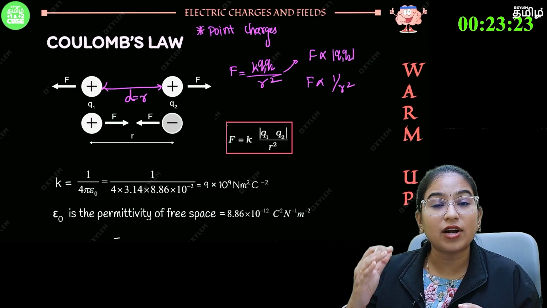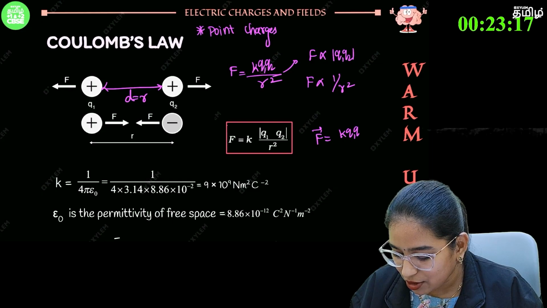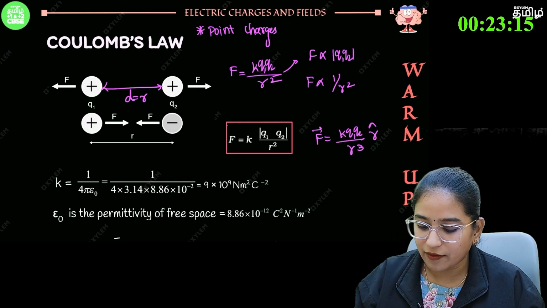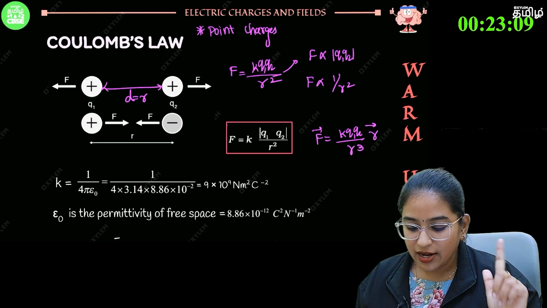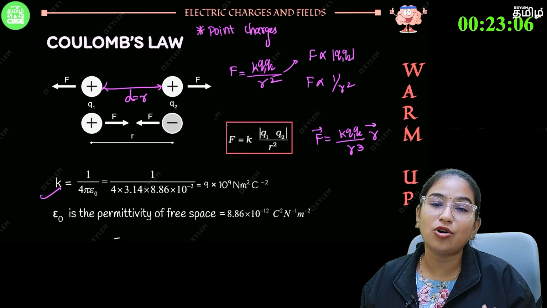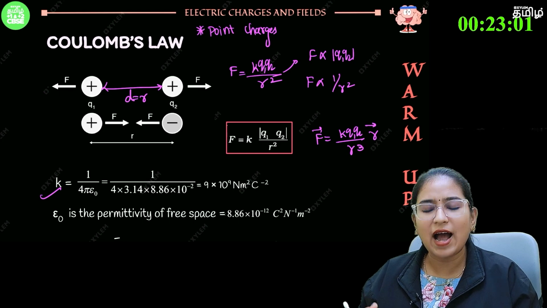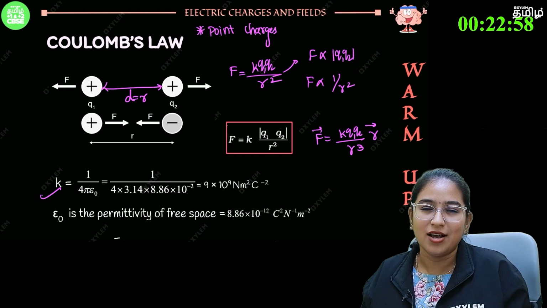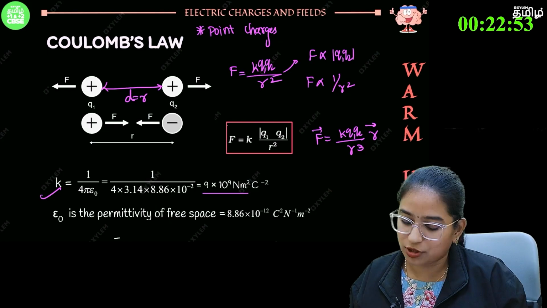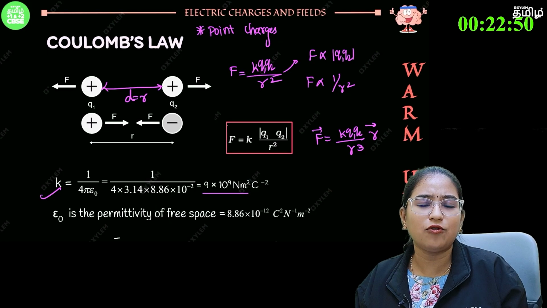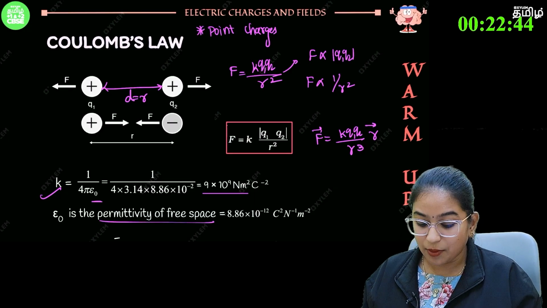If you want to write the same Coulombic force in vector representation, then it is K Q1 Q2 divided by R cube, into the R vector. Clear, right? And what is K? K is the proportionality constant, because if you want to remove the proportionality symbol, you have to add some constant. So K is 9 into 10 to the power 9 Newton meter square per Coulomb squared. This also has another form, which is 1 divided by 4 pi epsilon naught. Epsilon naught relates to the medium present